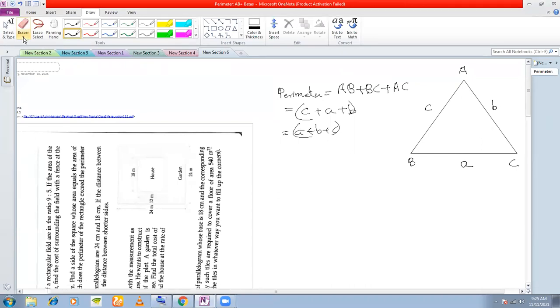Okay. Suppose if I give you an isosceles triangle, suppose this length is A. These are not formulas. Just remember that perimeter is nothing but the length of the boundaries. Okay. This is A and this is B. So what should be the perimeter here in this case? AB plus BC plus AC, which is equal to AB here is A, BC here is B, and AC here is A, which is equal to 2A plus B. Okay, clear? Or any question?